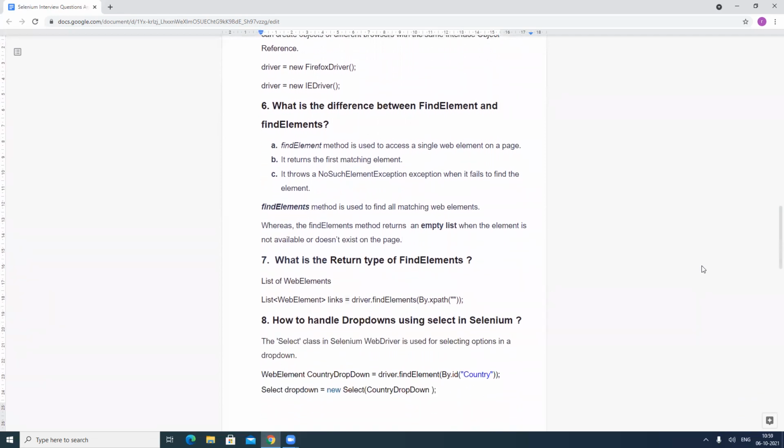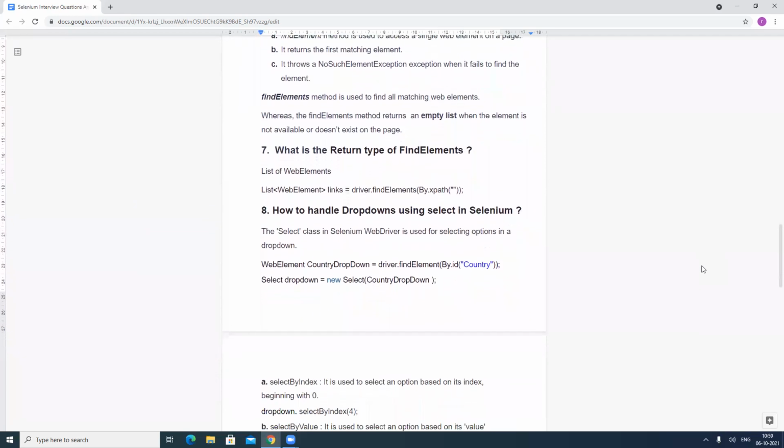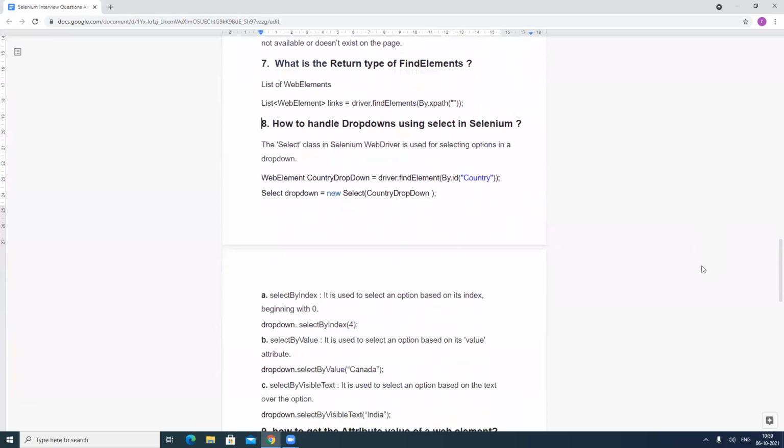So our next question is how to handle drop downs using select in Selenium. Definitely on a web page, there are basically some actions like send text to a text box, drop down, button click. So there are few actions. In the same way, drop downs are very important. So how can you handle the drop downs on a web page using Selenium? You can define a select class object, and you can use this select class object for the drop down values. So how you can do it, you have to write down a code in that.